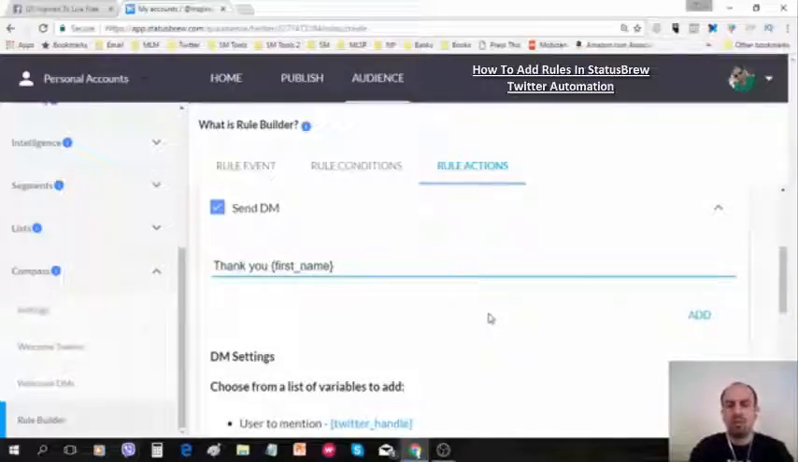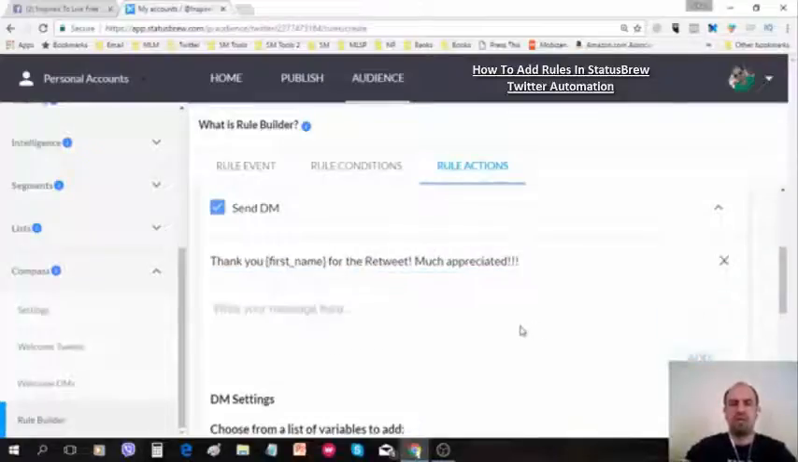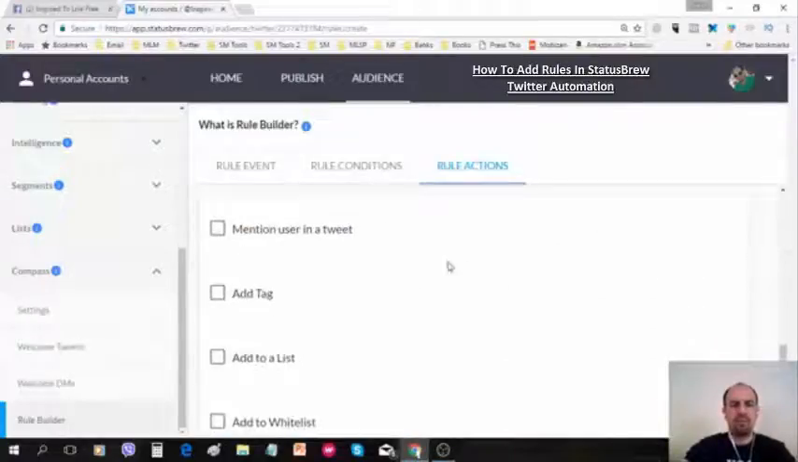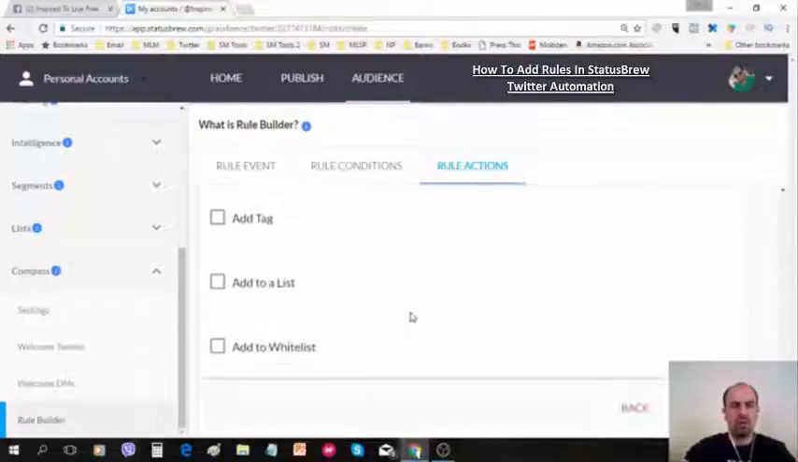Thank you, their first name, for the retweet. Much appreciated. Something like that. You can add that. You can add more messages and it's going to rotate. Then you can also